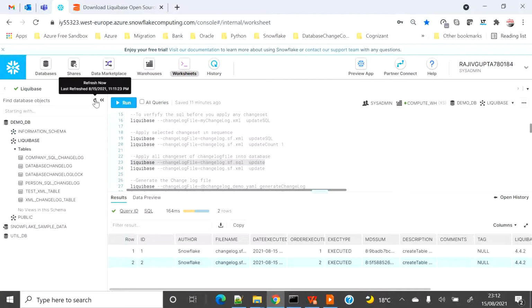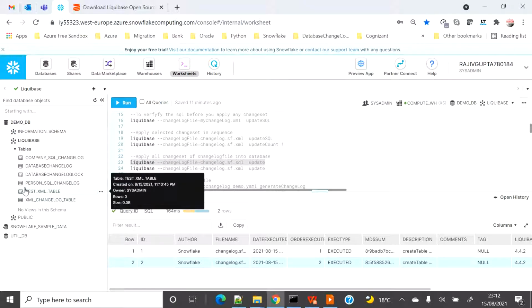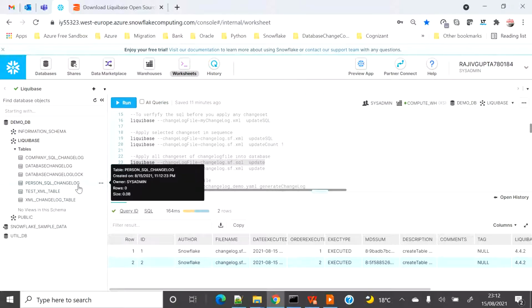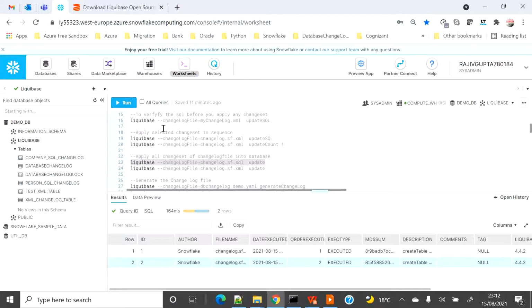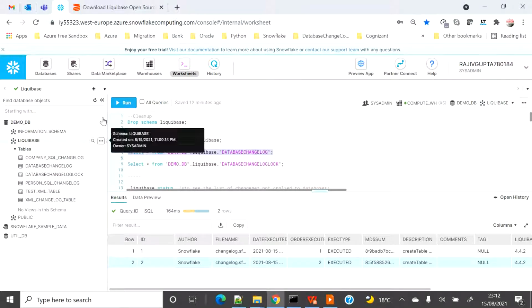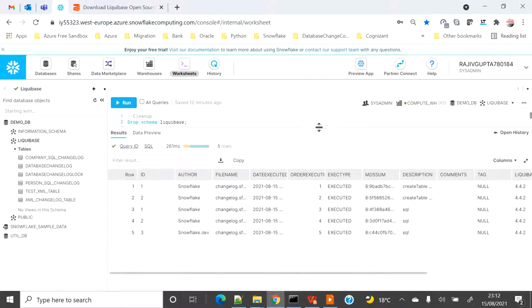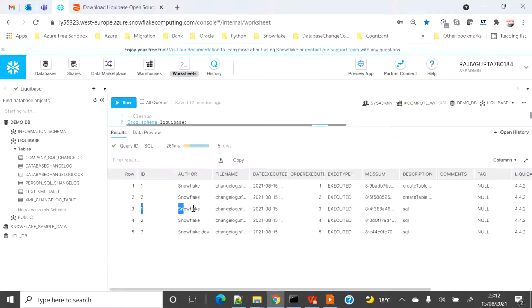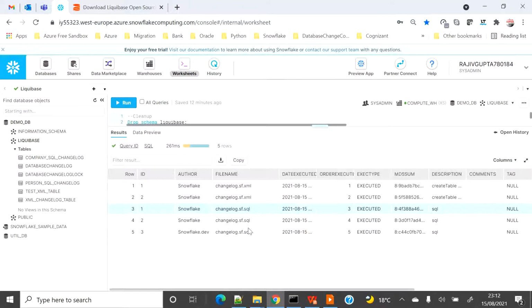So let's see by refreshing. Yes, we can see that the person SQL change log table has been created and the company SQL change log table has been created. So let me go and look in the table. You can see three more changes have been applied for this particular SQL file name, right? 1, 2, 3, and the third one is the alter statement.